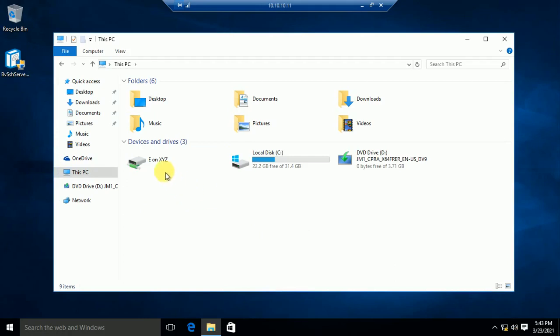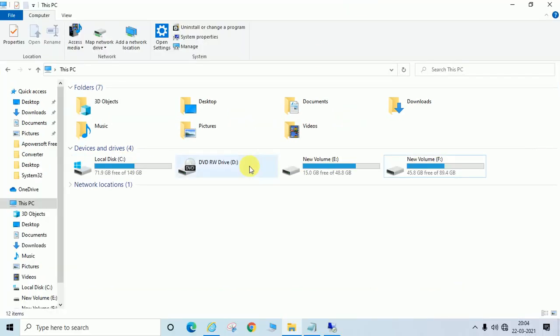Yes, now you can see E drive is mapped here, and you can see here it is also showing E on XYZ. XYZ is the local computer name. You can check from here.